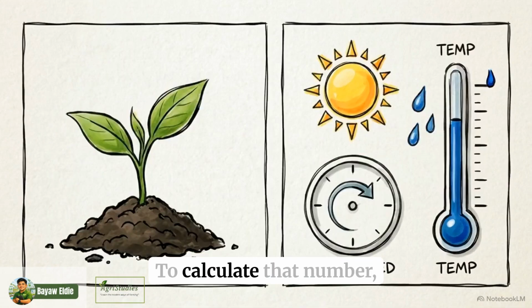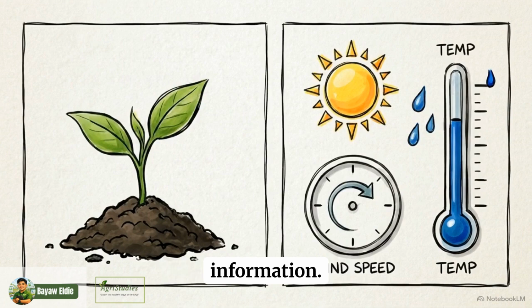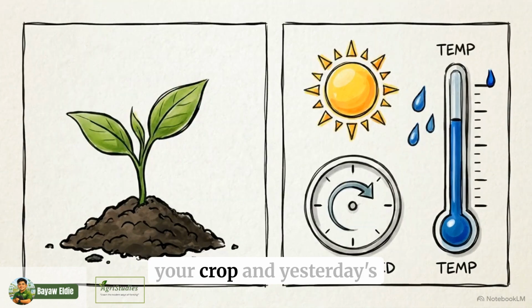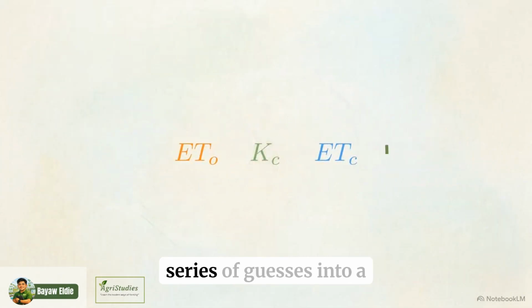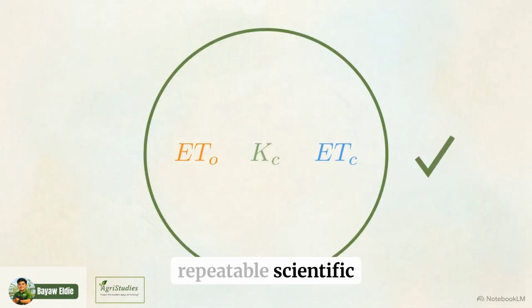controller. To calculate that number, you need two pieces of information: the current growth stage of your crop and yesterday's local weather data. Gathering these two prerequisites shifts your irrigation strategy from a series of guesses into a repeatable, scientific